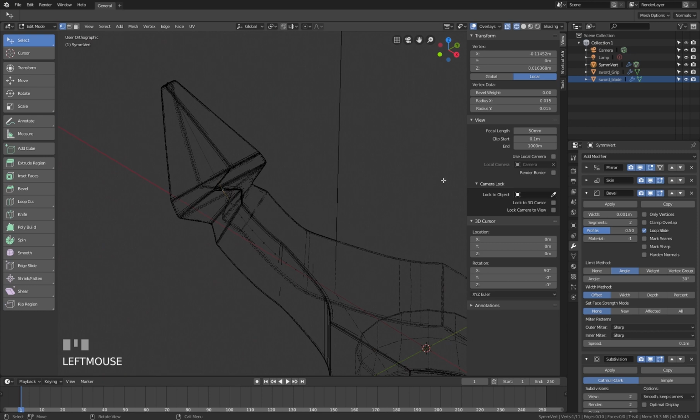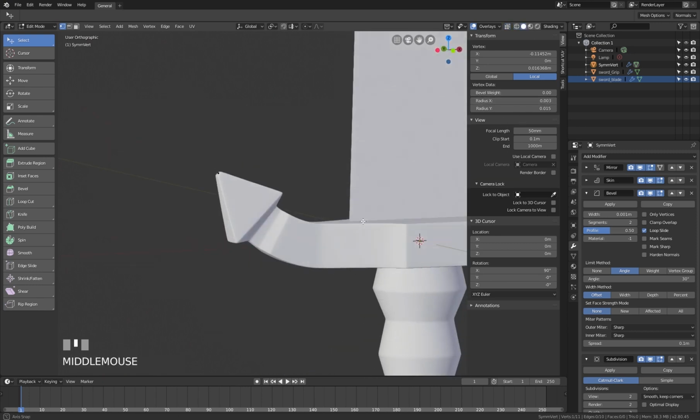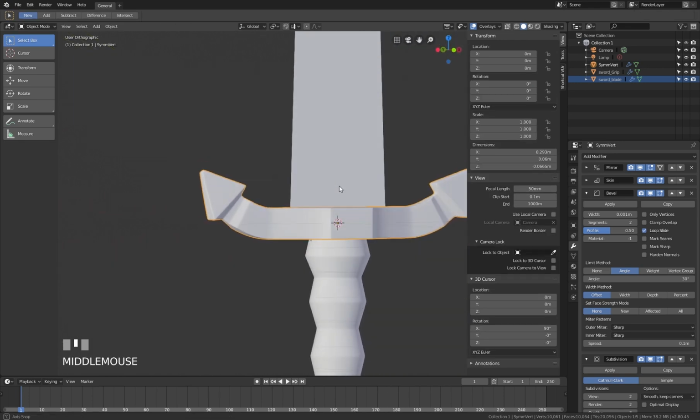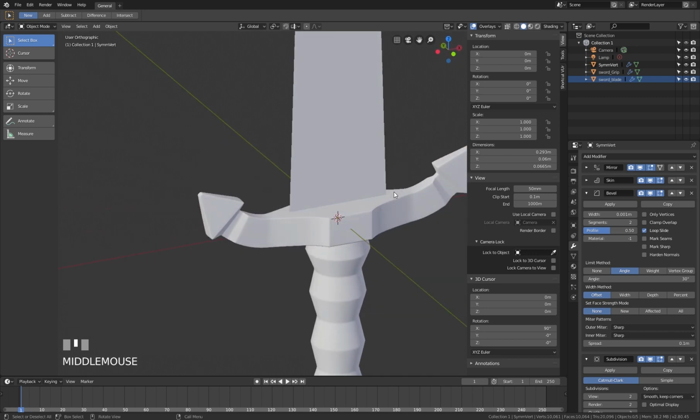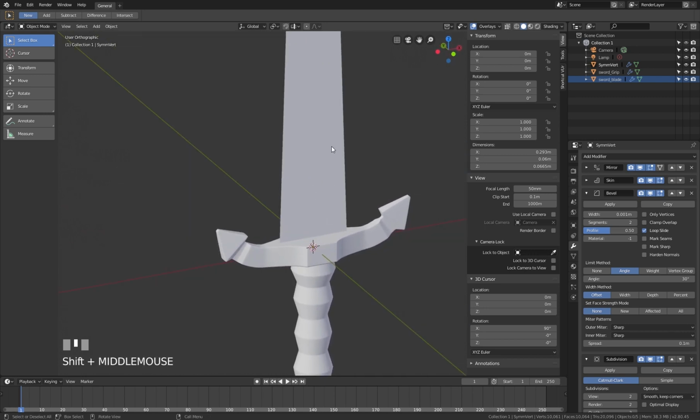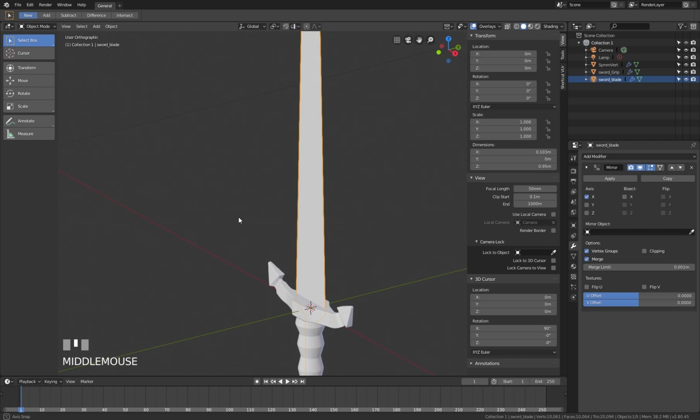Okay, this time I go back a bit. Okay, this is our blade now. I am pleased. But I will switch... no, I don't switch something. So the last thing we do is we give this blade some more solid